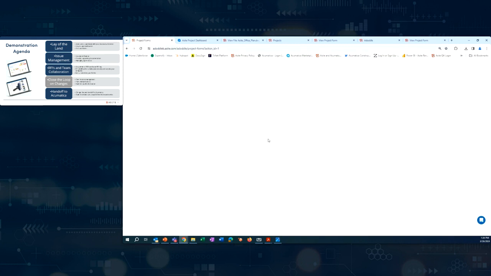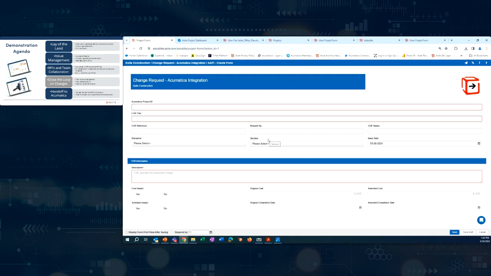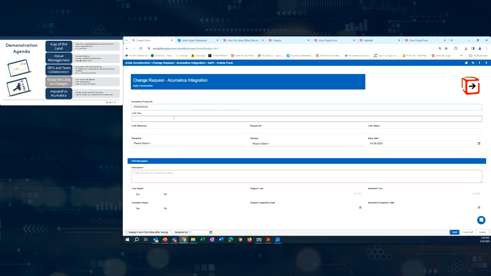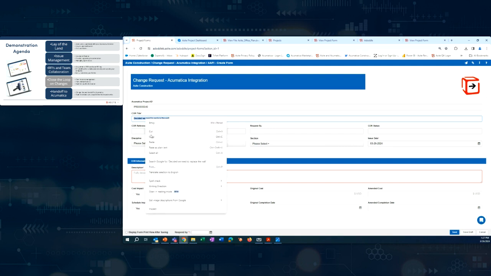All right, I'm going to create a change request, and I'm going to hand this over to Acumatica, then go through the process of any sub changes, budget changes that need to take place, billing for a change request, et cetera. So, we've decided we need to replace the wall. Okay, and we're going to take this,